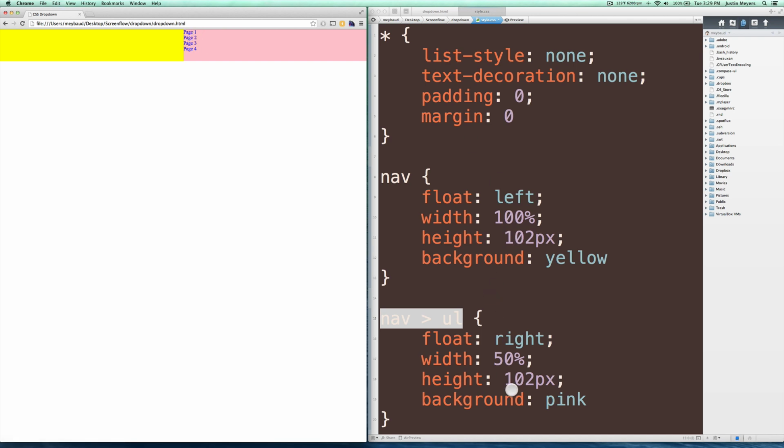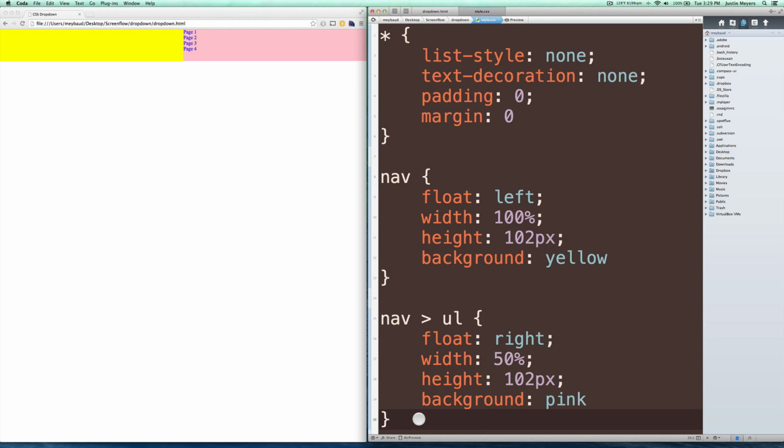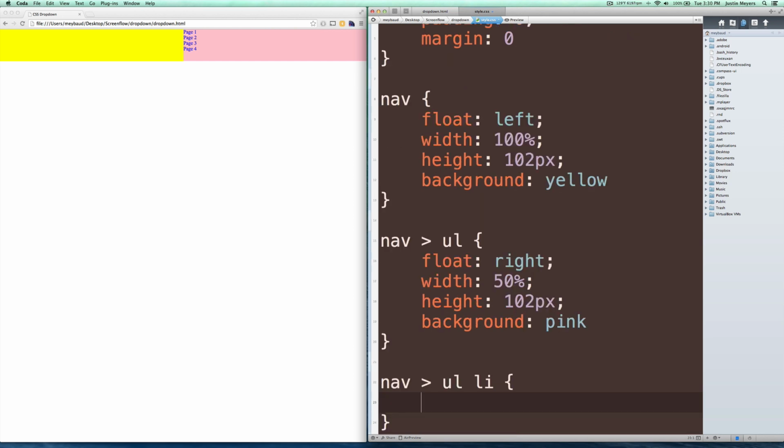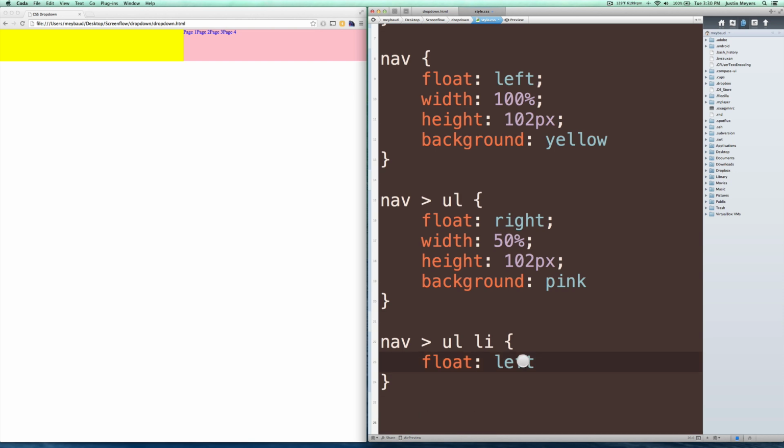So we don't want that. That's not typically how navigations look or work. Maybe they do on some sites, but in this instance, it's not. So the way we're going to tackle that is we're going to tell that list item to float left. Oh, there we go. And you can tackle that a few different ways. You can tell it to display inline. I really like to tell it to float left. There's a few reasons why, but it's going to have to float left if it's mobile anyway, because you're going to be doing 100% width in your mobile nav. So we're going to go ahead and do that, and we're going to give this a width